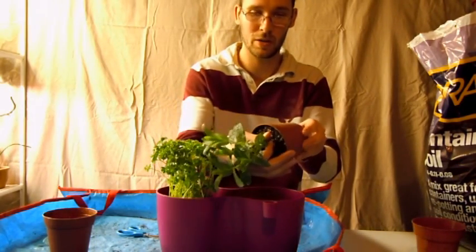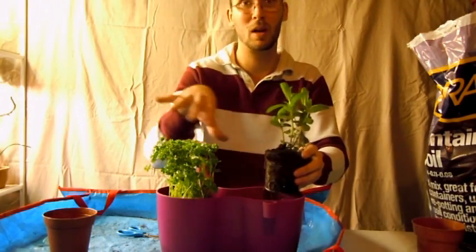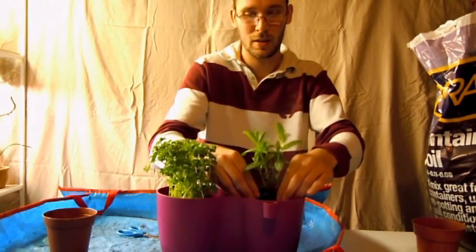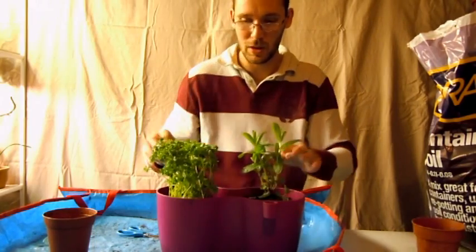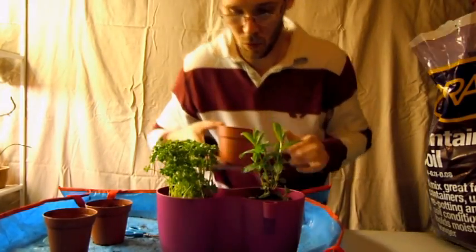This pot is probably too small. It's going to send out runners. It's going to go nuts. Actually, in time, this whole pot will probably be a mint pot. But I'm going to use mints for my mojitos in the summertime. Just a sprig of mint in anything really is good. I enjoy it. So now I'm going to add a little bit more soil here